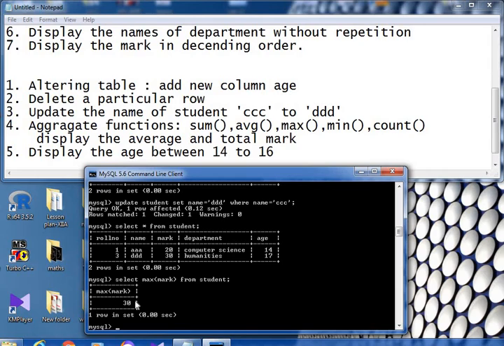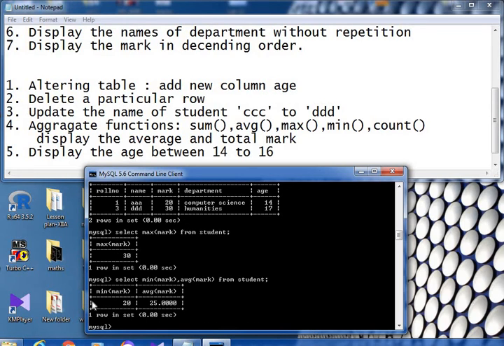It will show the max mark. Similarly, to show the average mark, give AVG mark. If you want to show the minimum mark and average mark, you can give min and avg. You can give more than one aggregate function in the same query, and it will show the results like this. This way we apply aggregate functions, and they return a single scalar value.